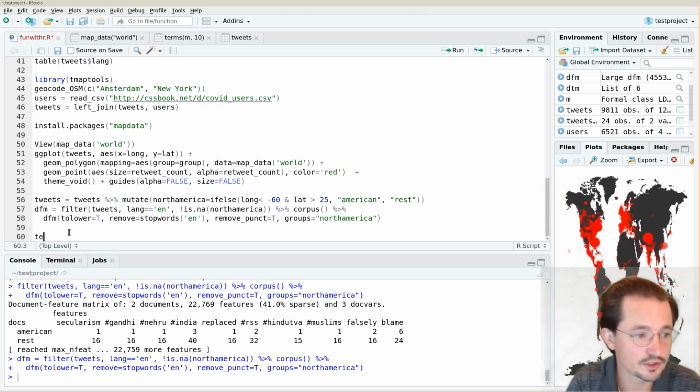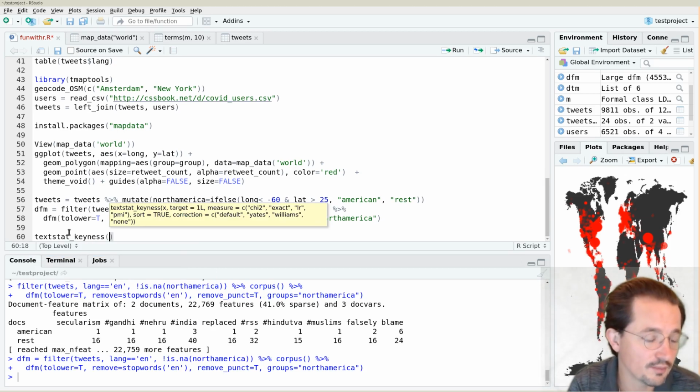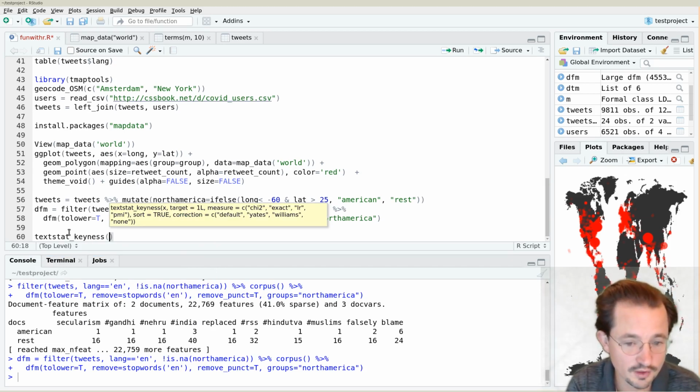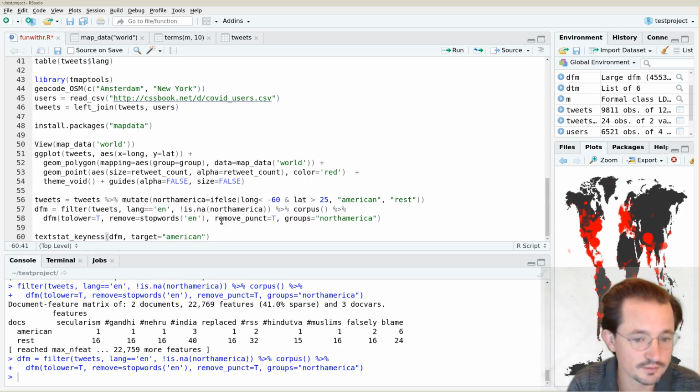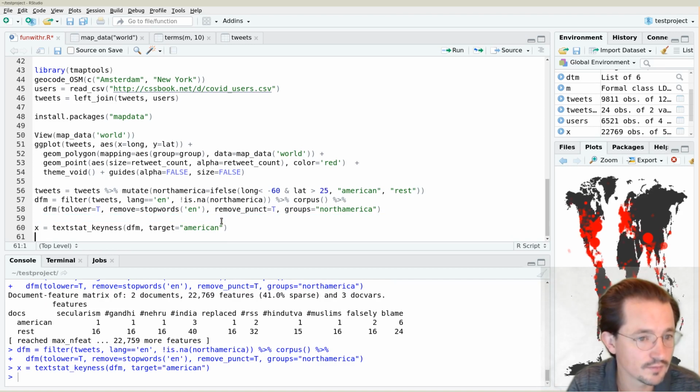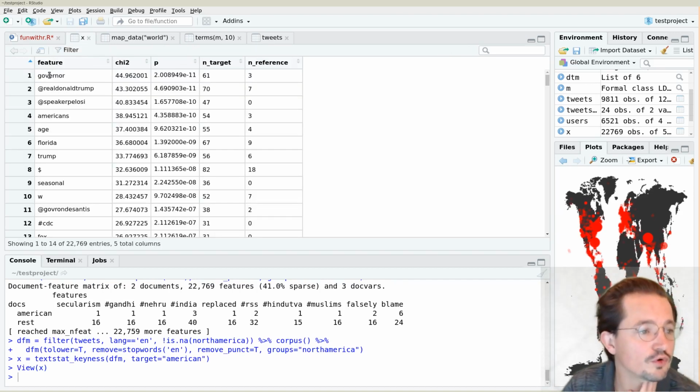And we will use something which is called textstat keyness to get how key a word is to a certain group. And we run it on the dfm. And we say our target is, and what did we call it? We called it American. Our target is American. So what it did now is for every word, like governor, it computed how often it's in the target group, how often it's in the reference group, and it gives a chi-square measure of how surprising it is that North Americans use the word governor so often. And this is sorted by chi-squared, so you can see here that Americans really love talking about governor, about Trump, about Pelosi. And if I reverse the ordering,